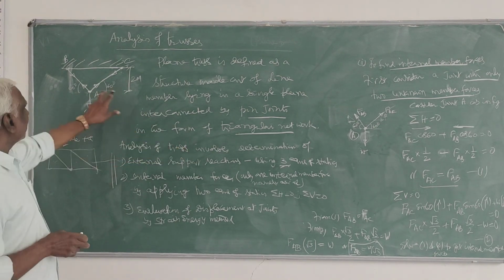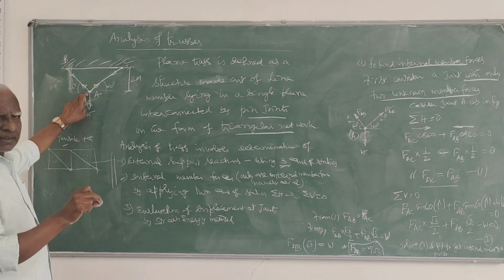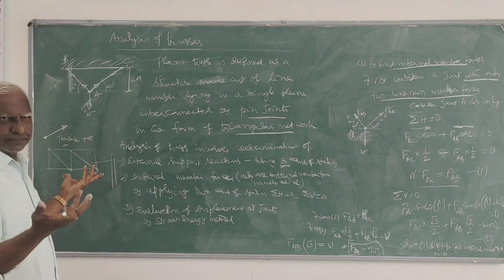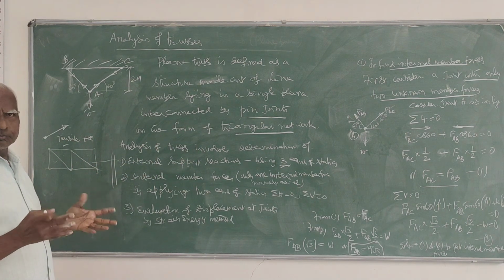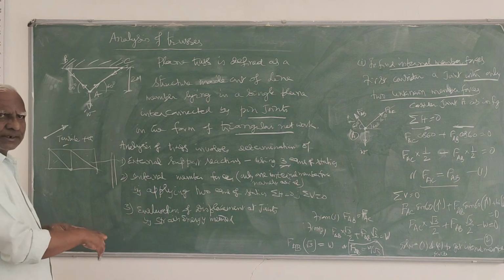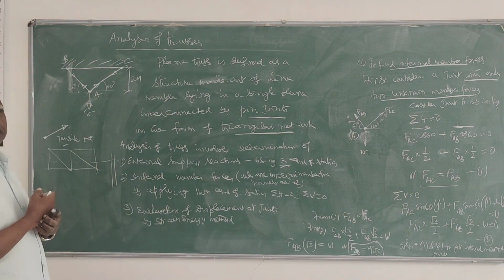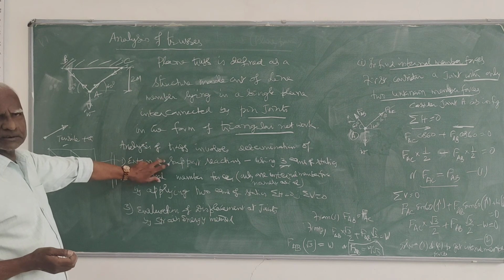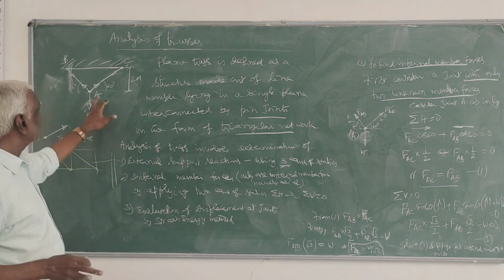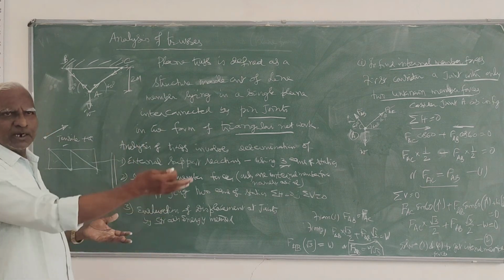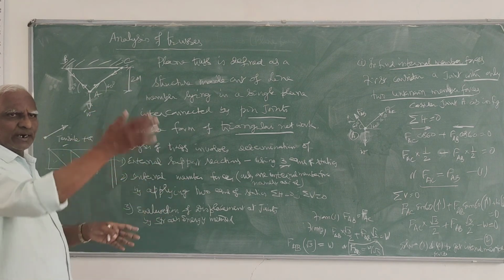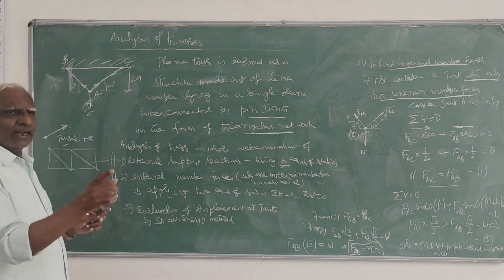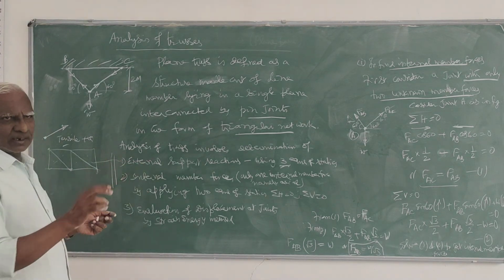Once you evaluate the joint forces at that joint wherein only two members are there, then you go to another joint wherein again not more than two unknown member forces are there. Consider that joint. Like that in a truss you can evaluate all the forces. And of course this first step, the evaluation of support reactions, I have not considered here. If required, similar to the beam, we have to first take moment about any one of the supports, evaluate the vertical reaction. Then sigma H equals 0 gives the horizontal reaction.